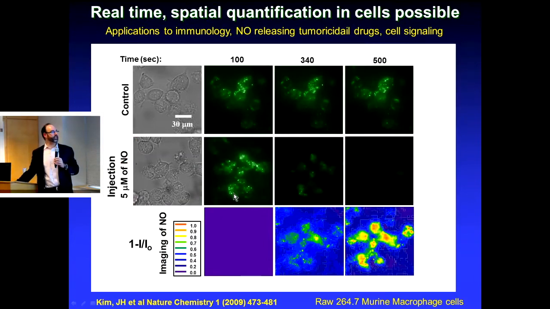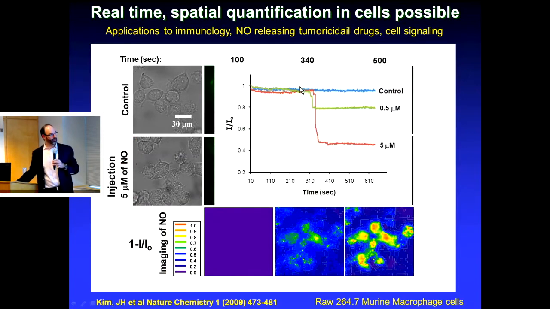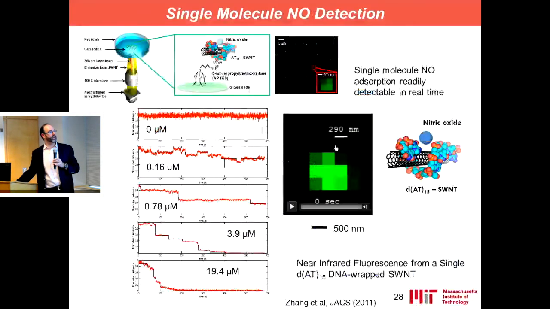And you can immediately use it in cells. This is macrophages. You've got carbon nanotubes in here. They are not activated by the carbon nanotubes. You can activate them separately by adding lipopolysaccharide. You see here, you can easily image. You can get spatial and temporal imaging of nitric oxide, and it's very clear. If you add nitric oxide or you activate the macrophages, you can detect with spatial and temporal precision the nitric